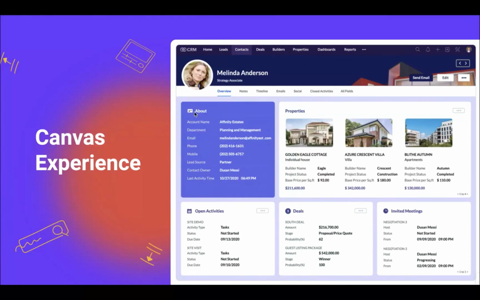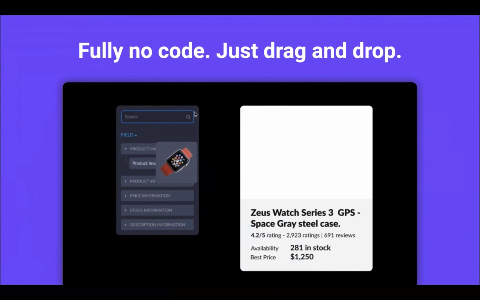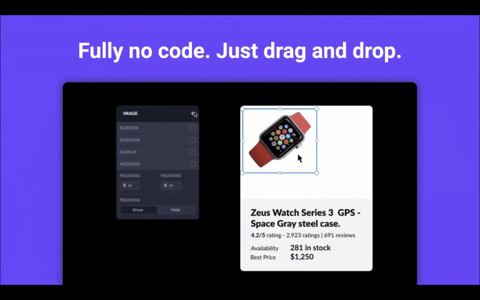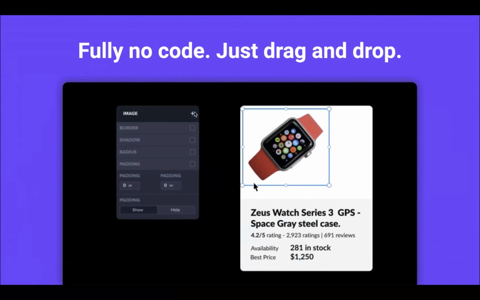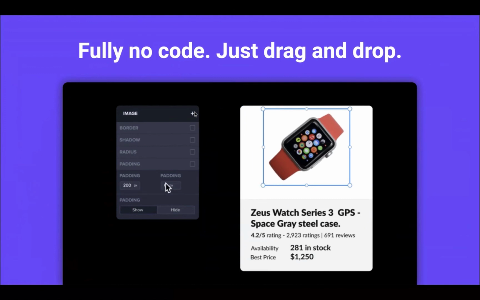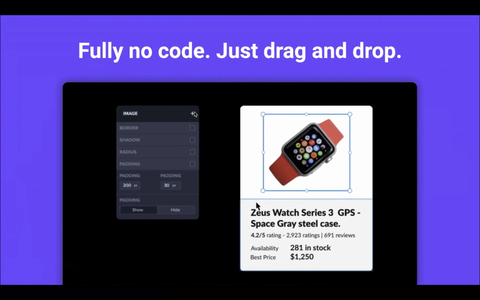This is the same contact you saw in the previous slide, reimagined with Canvas. And this is a view that's probably more relevant and more pleasant for a salesperson to work with. Now, the idea of redesigning the user interface of a product might sound advanced. One might assume that a bunch of developers need to take this up as a project for a couple of months, but that's actually not the case.